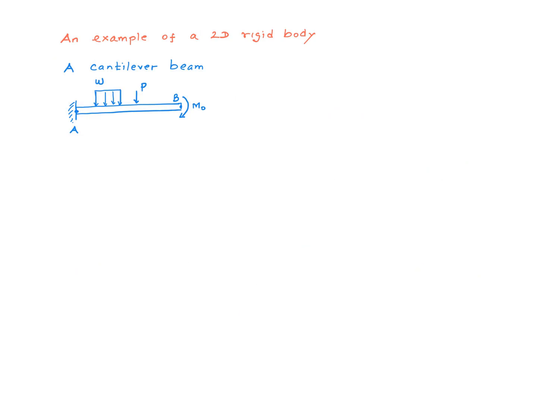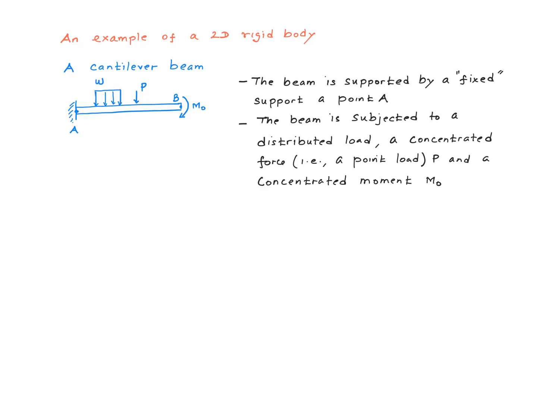Let's consider a simple two-dimensional rigid body like this one over here and try to understand some of the factors we talked about in the earlier slide. So this is what we call a cantilever beam. Just to define the problem a little bit more clearly, the beam is supported by what we call a fixed